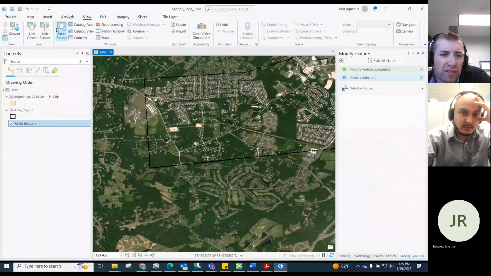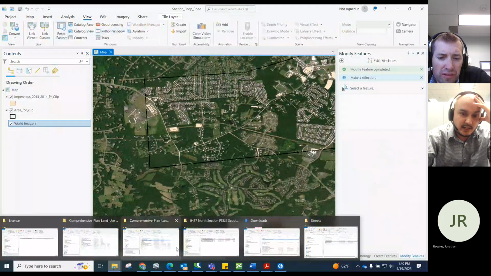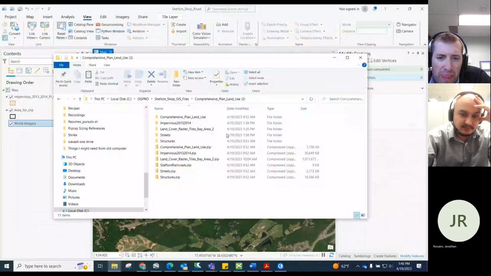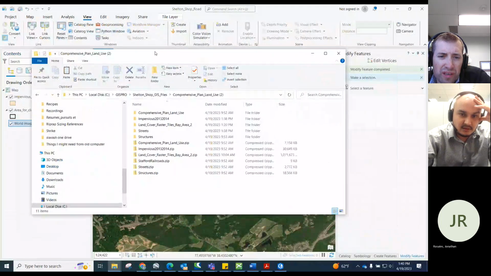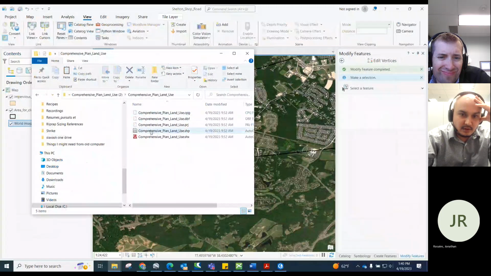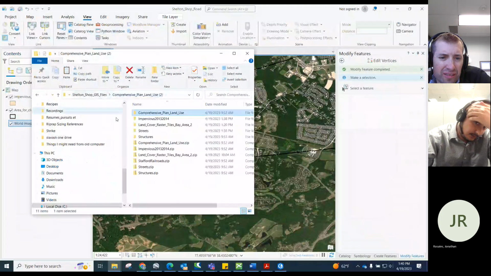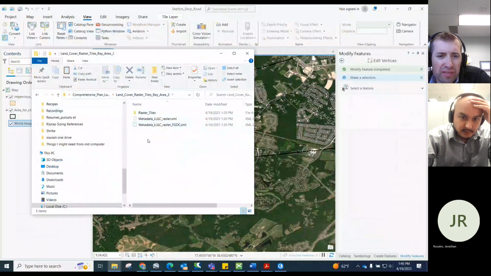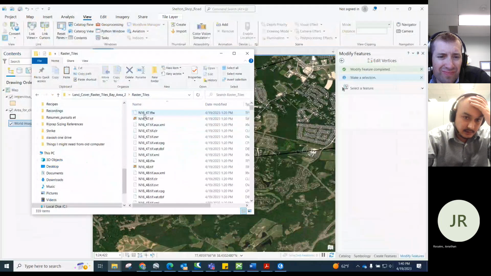Just browse that folder through Windows Explorer. Not that one, the other one, the third folder. Yep, the raster tile. Just sort this by type.